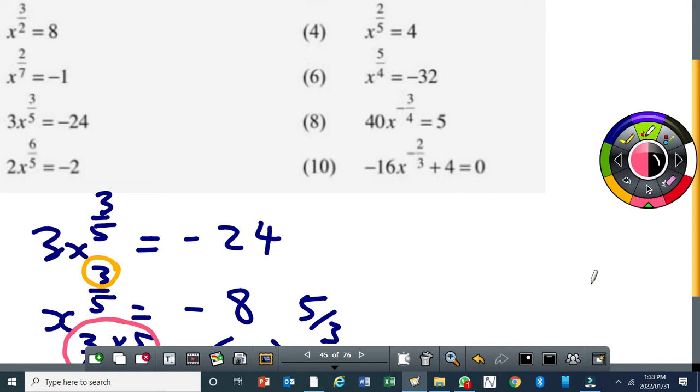Let's say if I give you x to the power of minus a third, and I ask you, what's the reciprocal of minus a third? Right. So here, you multiply this by negative 2/1, and then you get